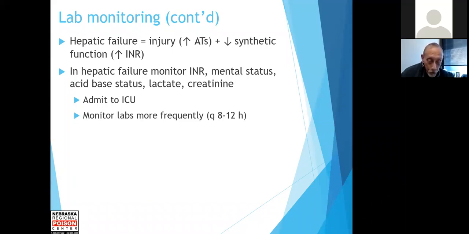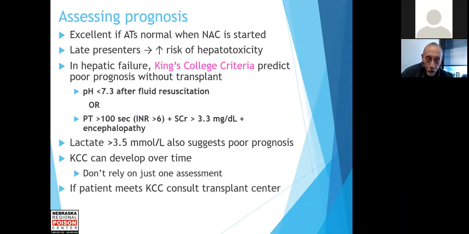And those patients should have some sort of consultation with a liver transplant center. They might not be liver transplant candidates because of ongoing substance abuse or repeated self-harm attempts or something like that. But often the transplant center will take them anyway, just because they have more experience treating liver failure patients. That happens all the time at our parent institution.